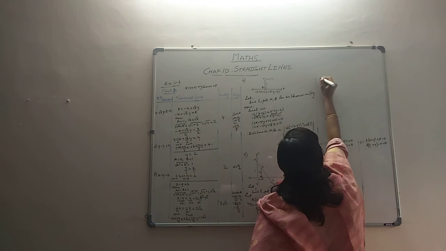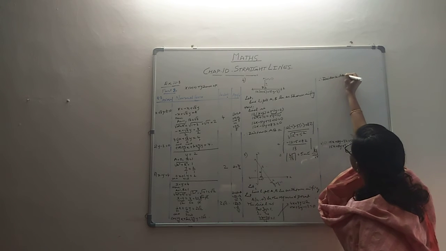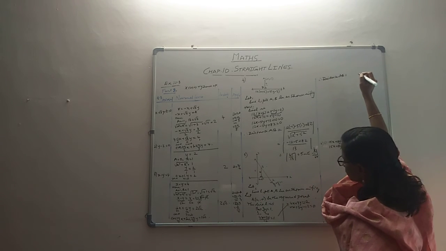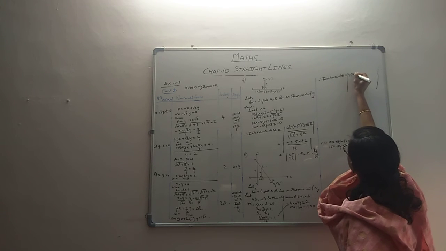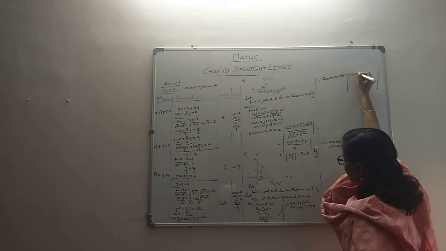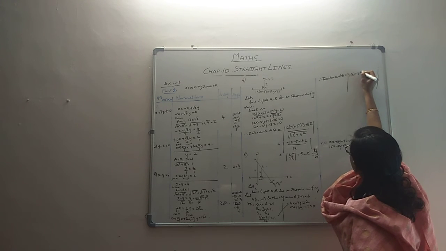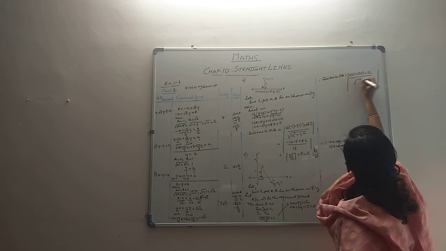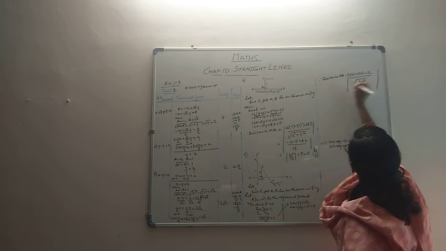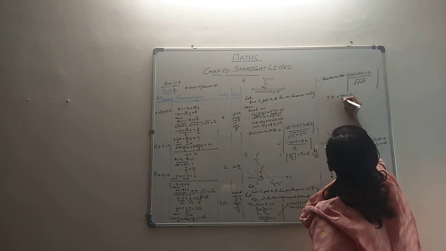Here, therefore, the distance AB will be equal to, we all know this 4, x is replaced by h, and 3, y is replaced by 0, and then you have minus 12 by root of 4 squared plus 3 squared. And then we know that this distance is 4, it's given to us. So it becomes 4h minus 12 by root of 4 squared plus 3 squared equal to plus or minus 4. When you remove the modulus, it's plus or minus.